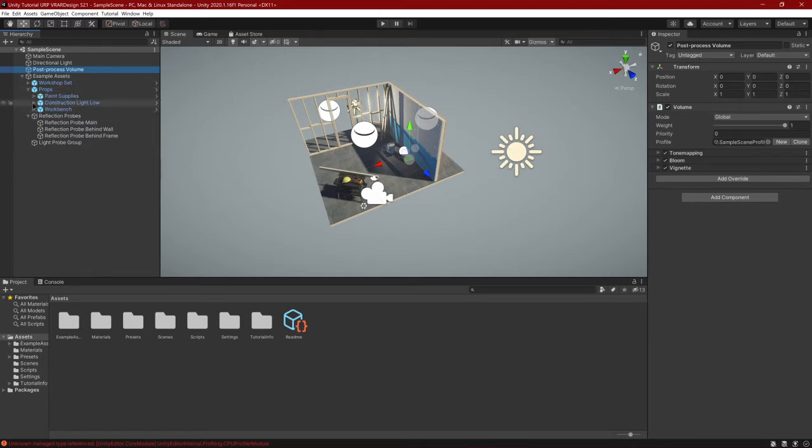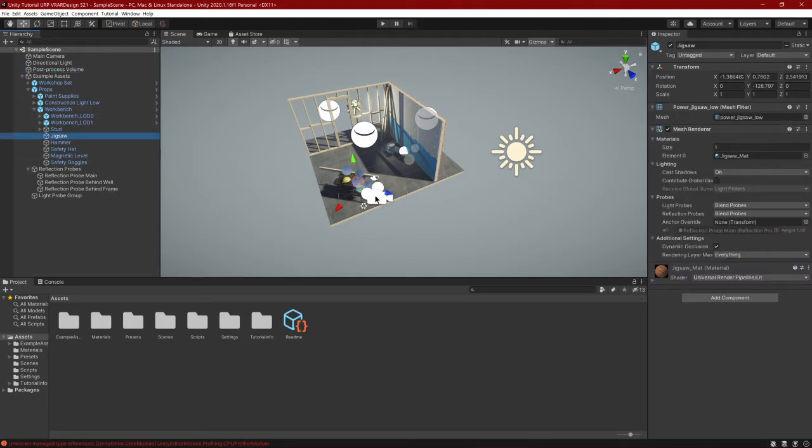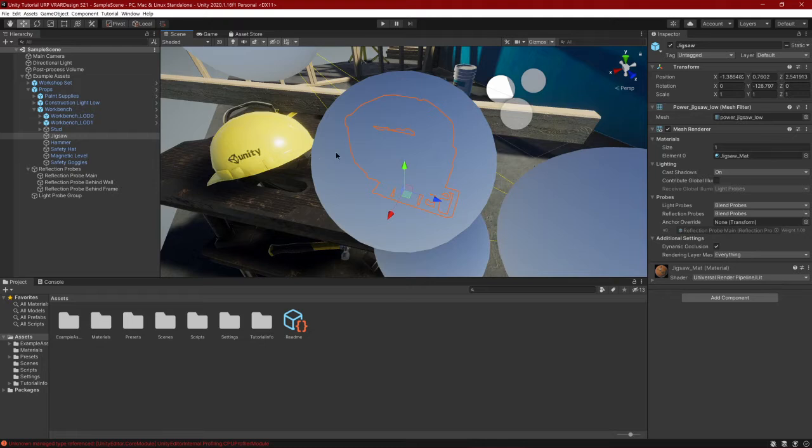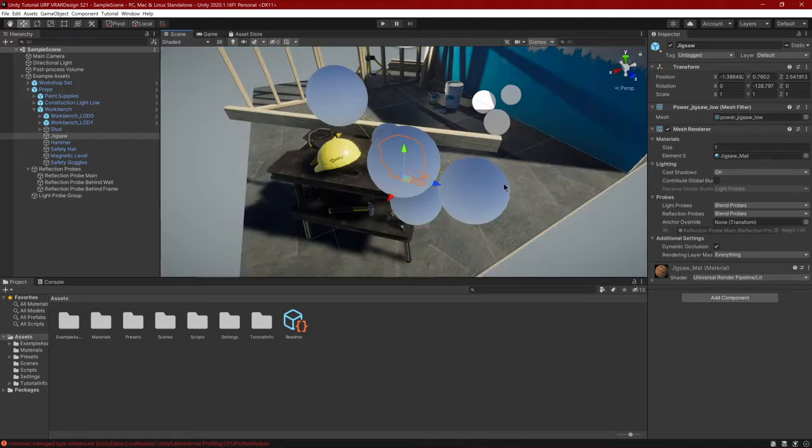If I want to center on an object in particular, like say this jigsaw that's here, all I have to do is click on the jigsaw in the hierarchy, move my mouse into the scene view, and press the F key. Since there's all of these kind of orbs sitting around here, and they're kind of getting in the way,